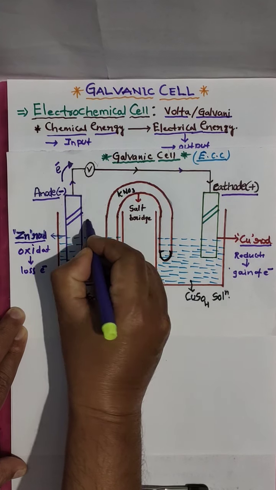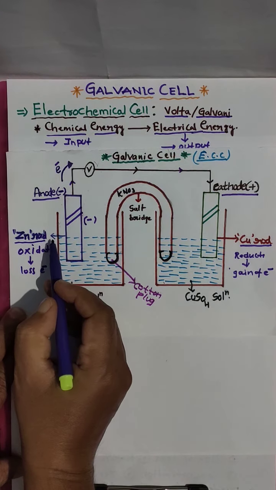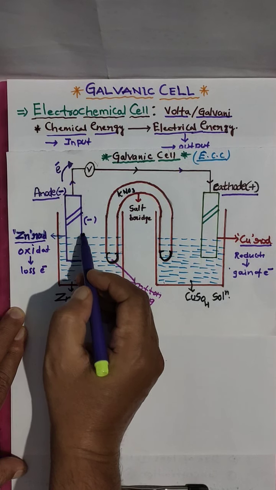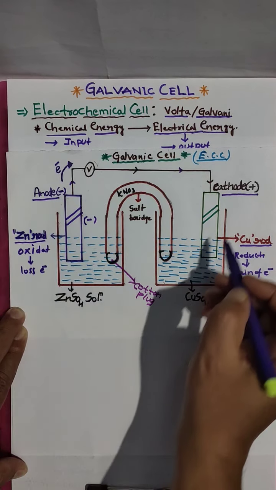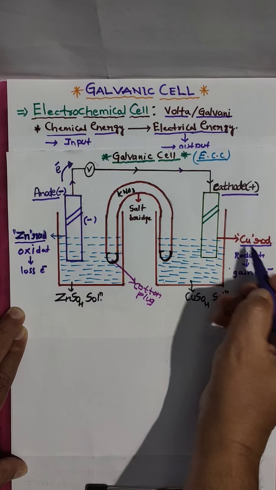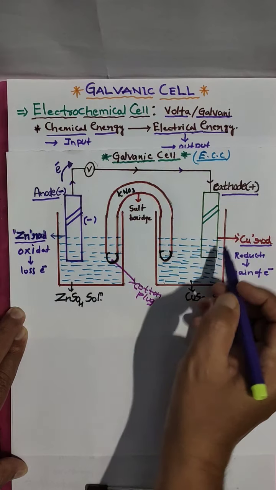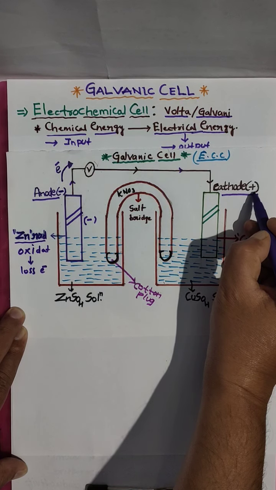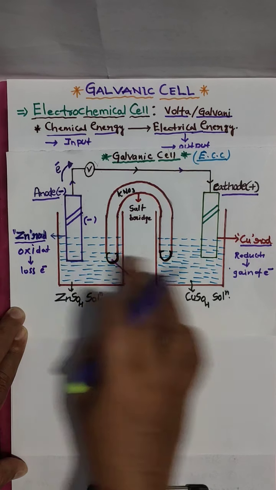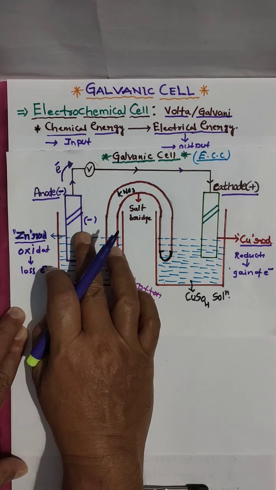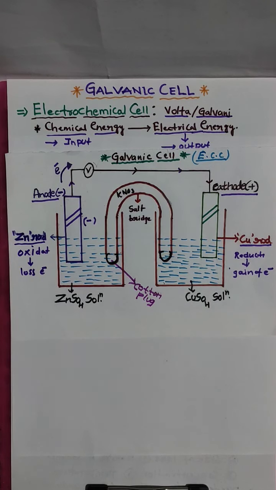Negative charge is getting more on the anode side. That's why we are signing it with negative. And on this side, electrons are not there, meaning electrons are moving to the other side. That's why we are signing it with positive. So here electron density is more and here less. That's why this is negative and this is positive. This is positive. But in